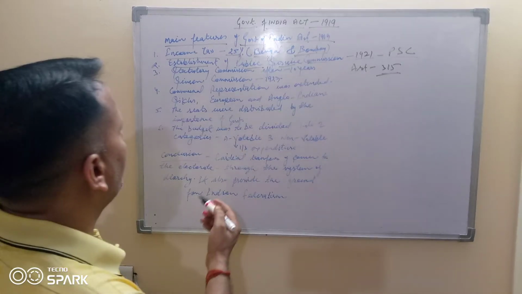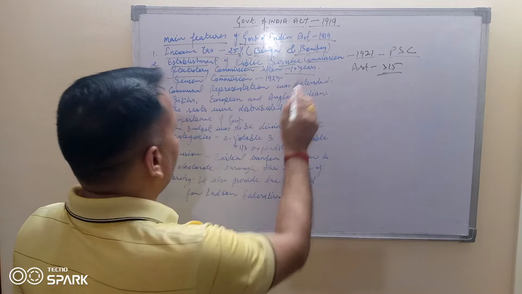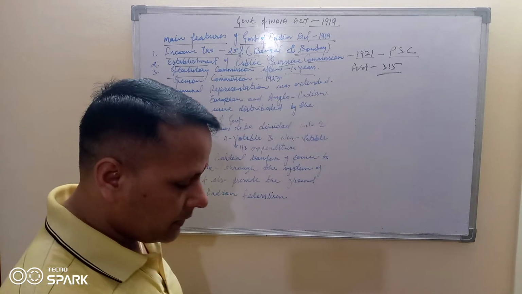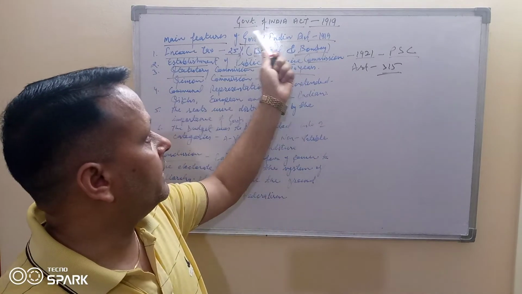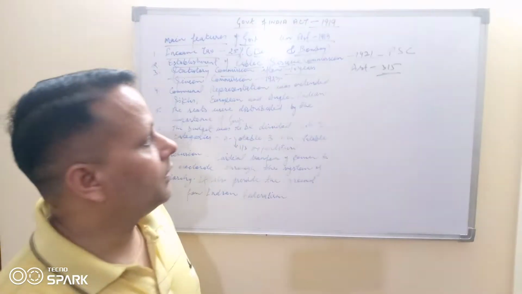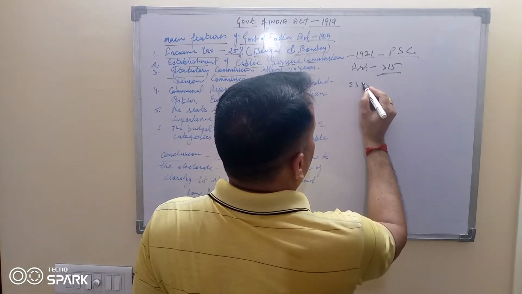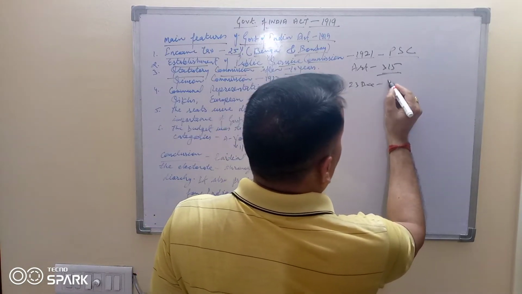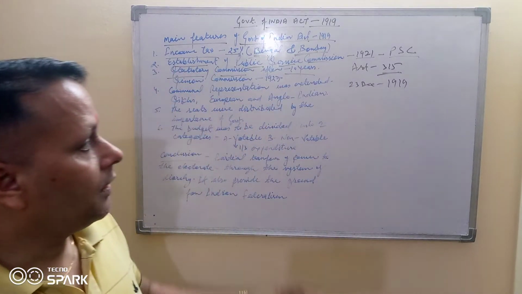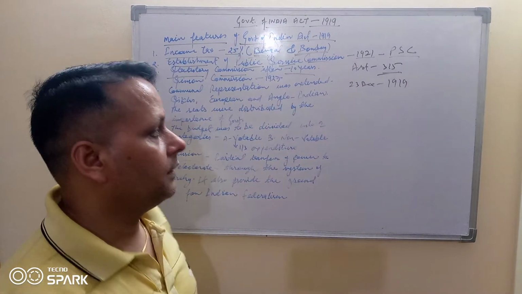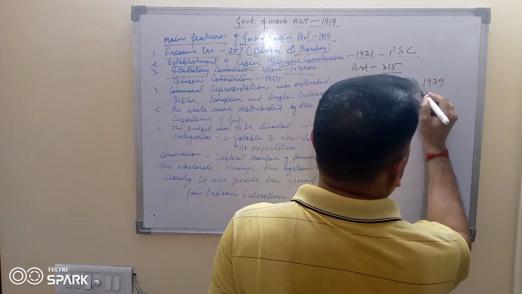The next thing is the statutory commission after 10 years. This act was executed on 23rd December 1919. After 10 years, that means 1929,